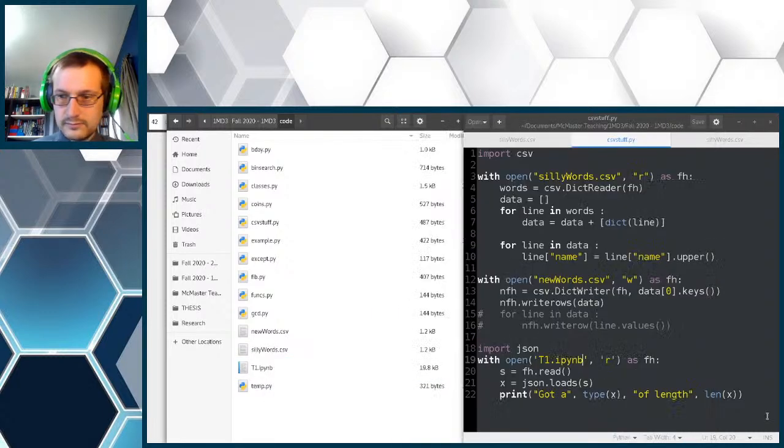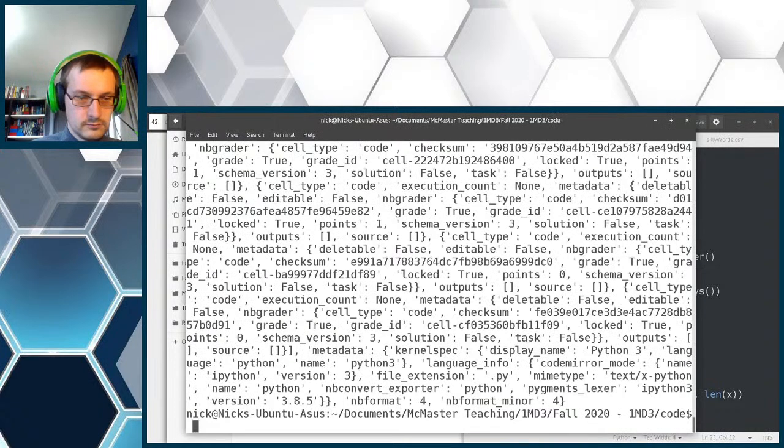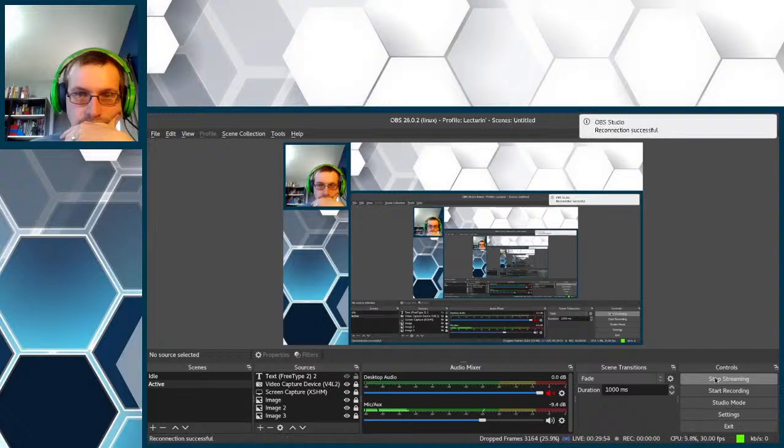There we go. And we can also just print X to see what the format is. Print S and print X. There we go. So you can